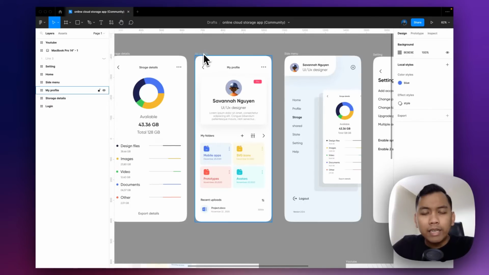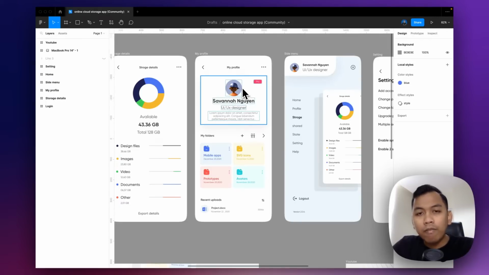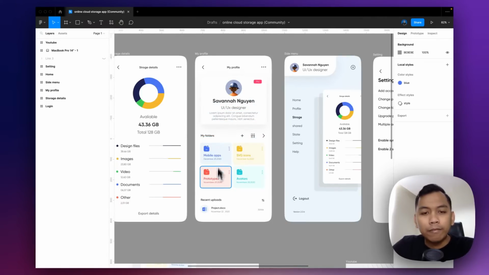As you can see here, in this profile page, we have a back button, a title, and a more horizontal icon, and then the user profile such as name, image, and the label when the user is a pro. And a short description, and also the folders the user has, and recent uploads.